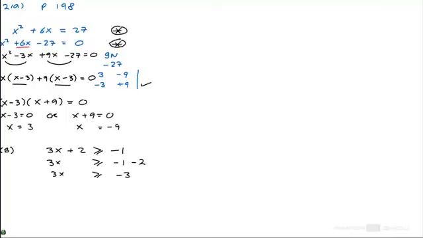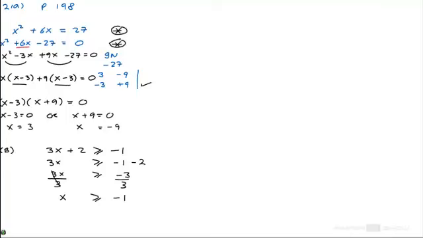Watching your signs, minus 1, minus 2 is minus 3. And then divide both sides by 3. The 3's will cancel for me. x is greater than or equal to minus 1. Of course lads, the only rule that you need to remember, it's not applicable here, but the only